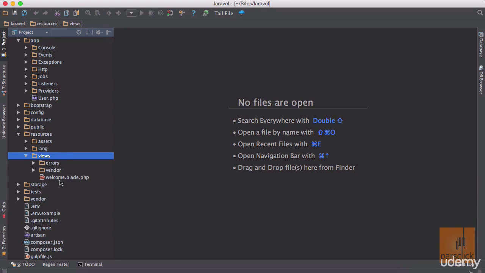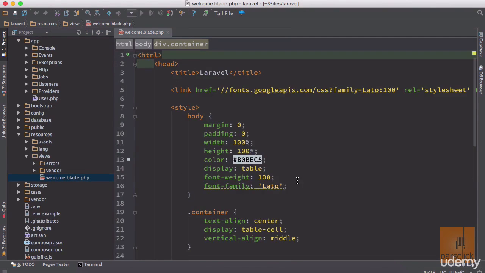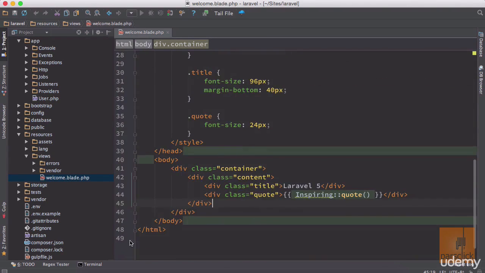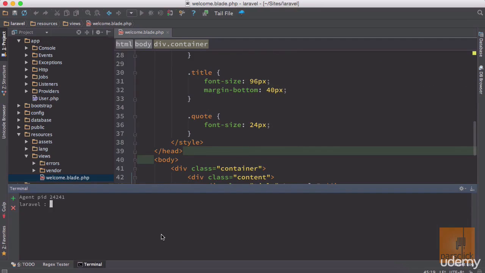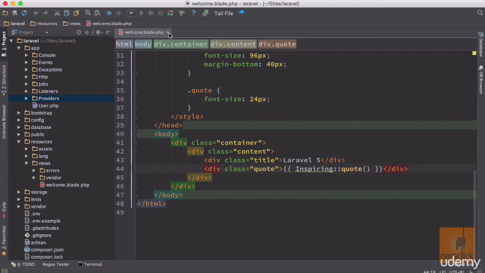So if you open up the welcome.blade.php, the first thing you will see is the file for you to be able to see it, and you have a terminal underneath. So anytime you start typing php artisan serve, you will see in the green line, you can copy this. Okay, so before I talk about what these lines of code are doing in welcome.blade.php, I need to talk